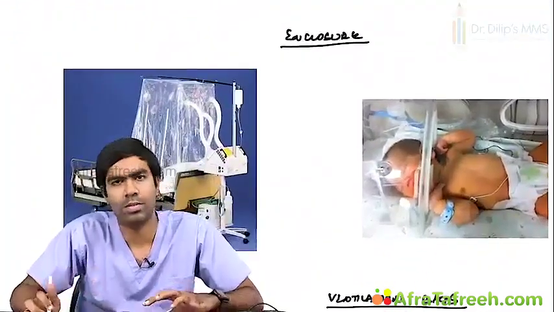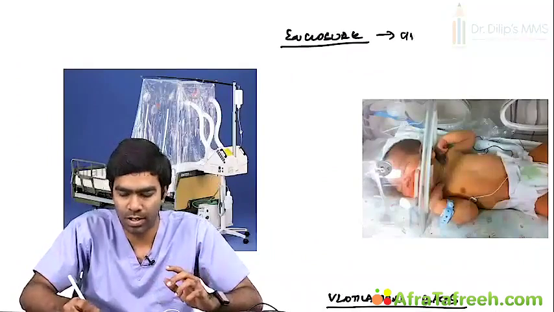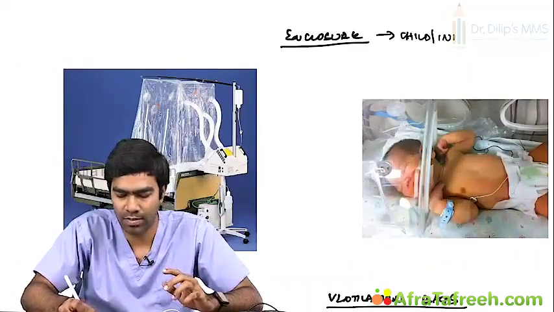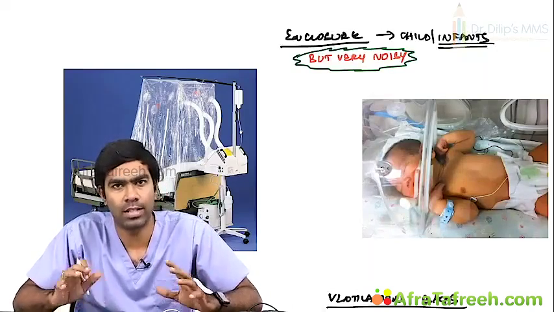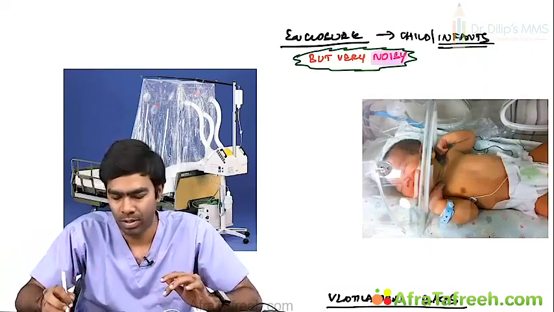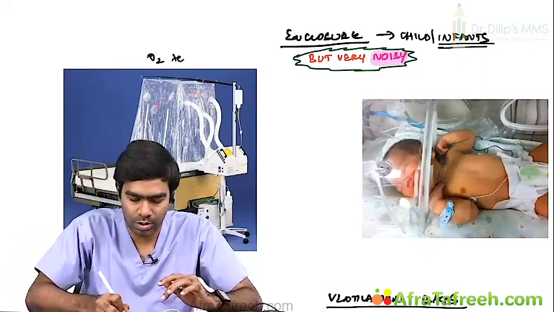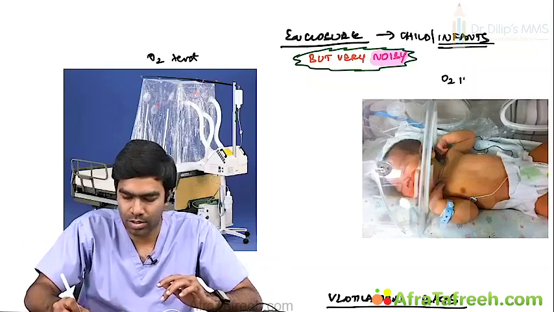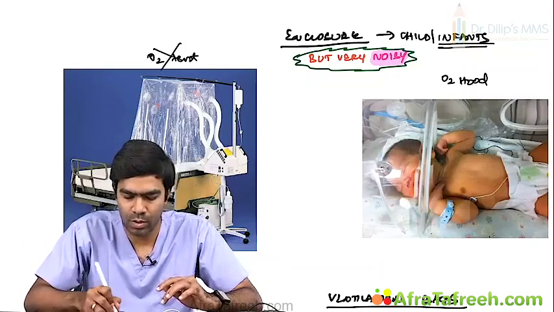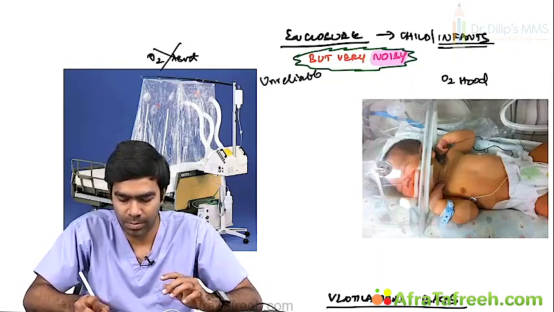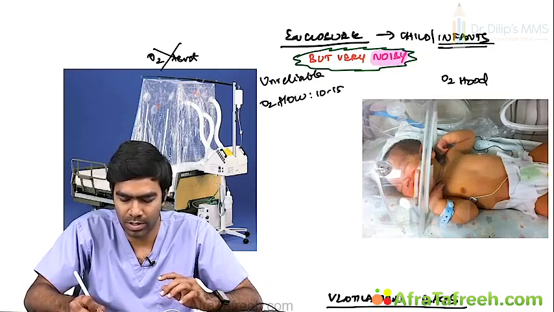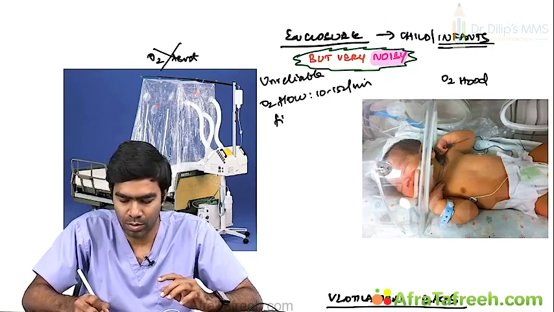There are two types of enclosure systems. Both will be used in children and infants only, typically in infants, not more than that. This is for them only. Two types are there: one is the oxygen tent and the second is the oxygen hood. Tents we don't use nowadays because again the oxygen delivery is unreliable. The O2 flow must be 10 to 15 liters per minute and the FiO2 delivered will be approximately 50%, but